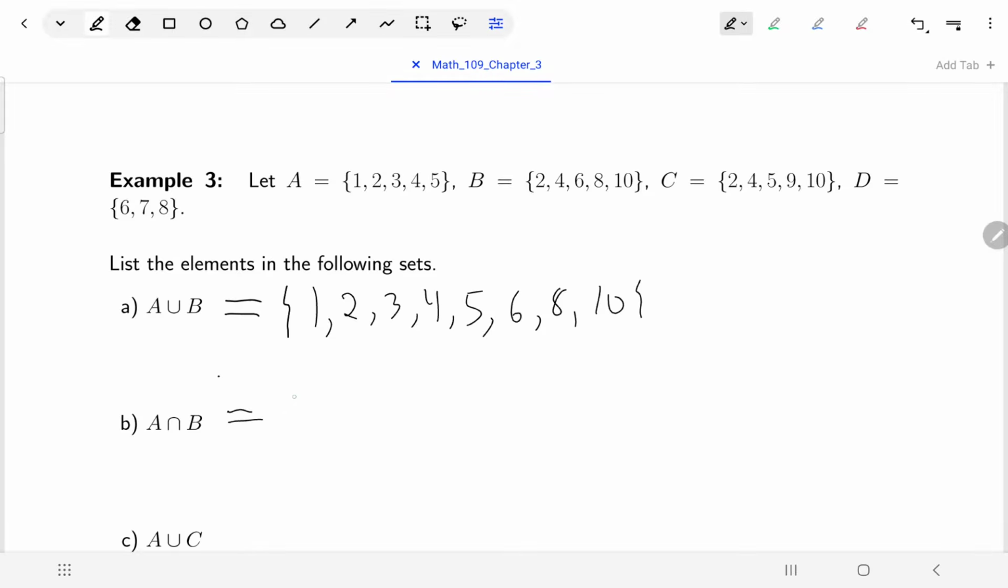A intersection B. The intersection of A and B, let's start off by asking ourselves, what does it mean? It's the things that are inside of A and also inside of B at the same time. So now I need to look at these two sets and ask myself, what elements do they have in common? And we already know there's a 2 that's in common to both, so 2 will be inside of A intersect